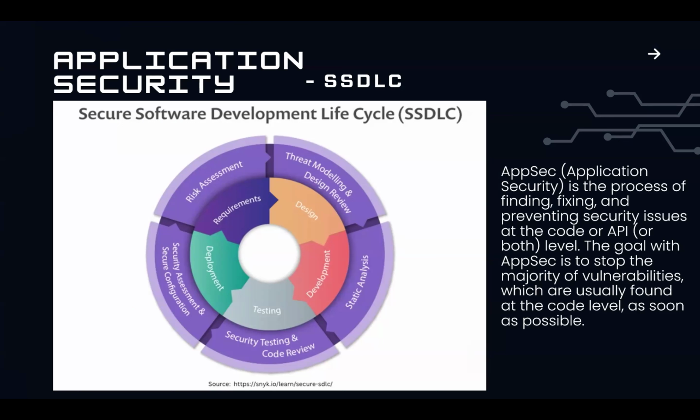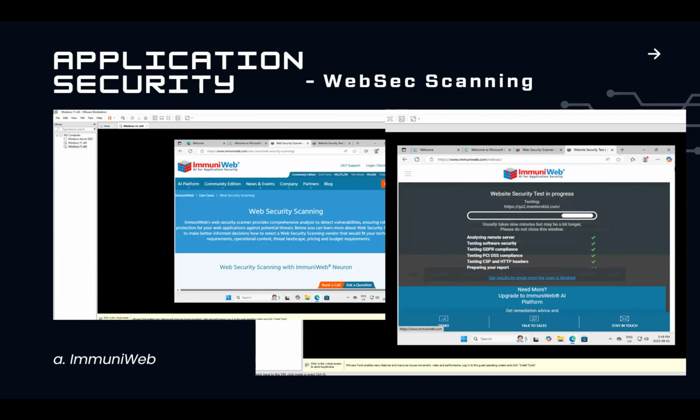Under application security, there's a 5-stage secure software development lifecycle, from static analysis to risk assessment. The goal of application security is basically discovering or detecting vulnerabilities as soon as possible and resolving them. We got introduced to the concept of shifting left, which is detecting vulnerabilities early on in production before the product is shipped or launched. This is a screenshot of ImmuniWeb, which is an online site